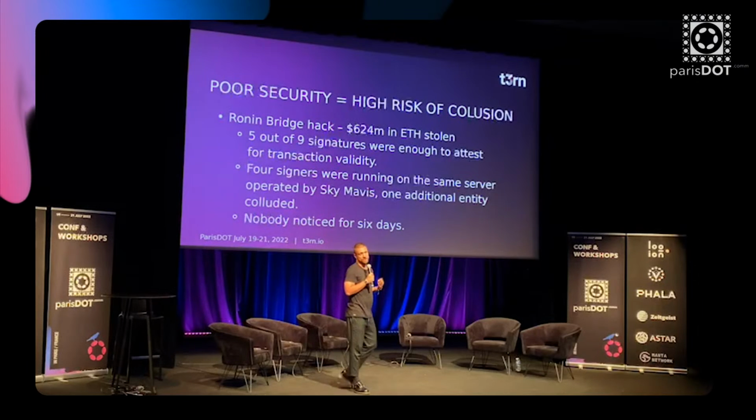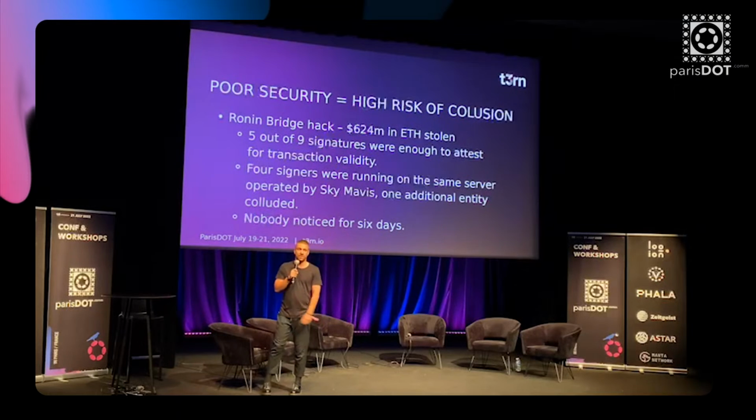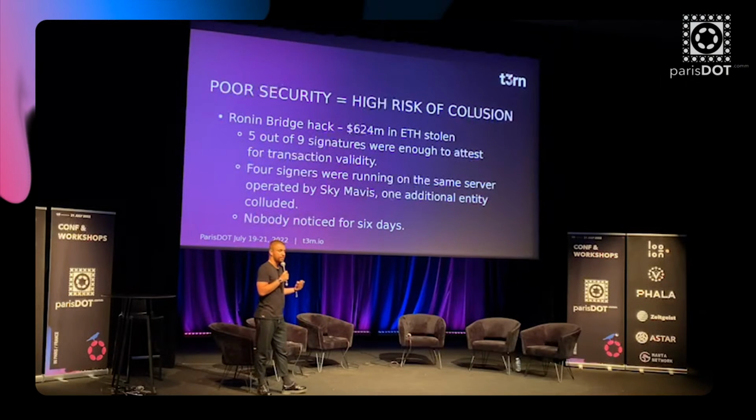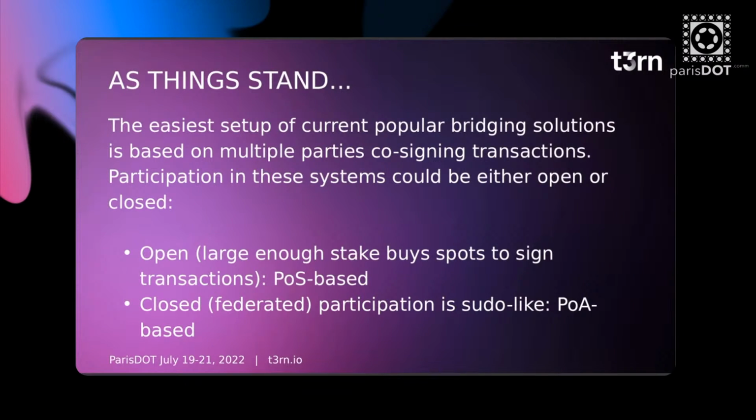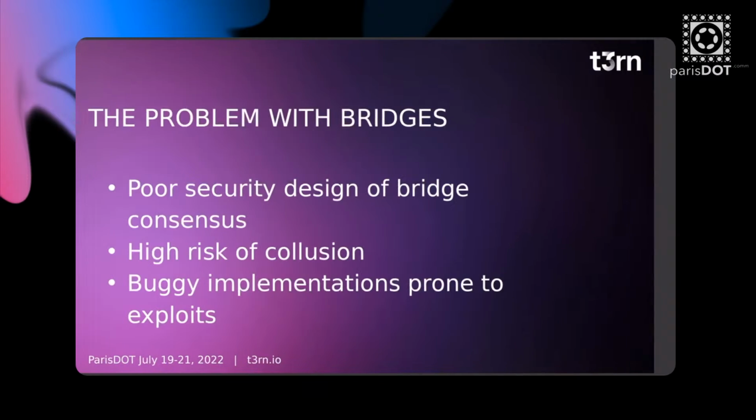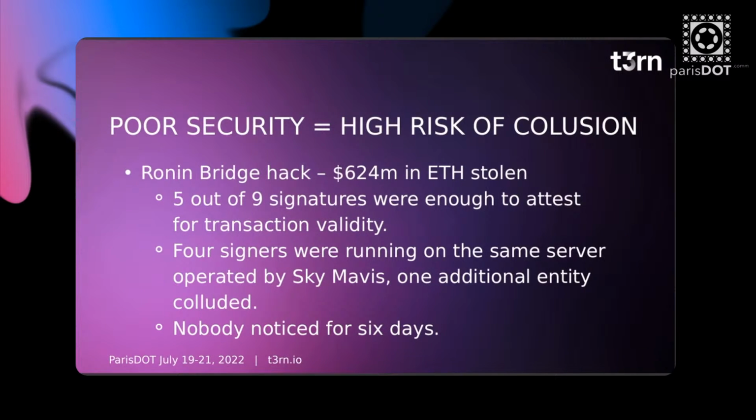This was meant to last for a month. It didn't last for a month, they just left it running. And so the malicious actor was able to take control of that other validator as well as the other four and drain north of $600 million from the protocol. The most insane thing about this is that nobody noticed for 6 days that $620 million was gone, which I'm not sure how that happens.